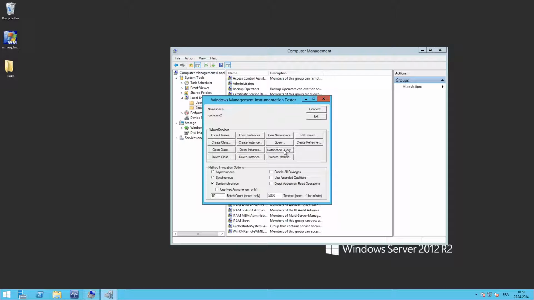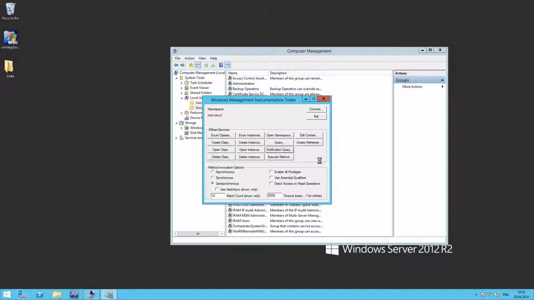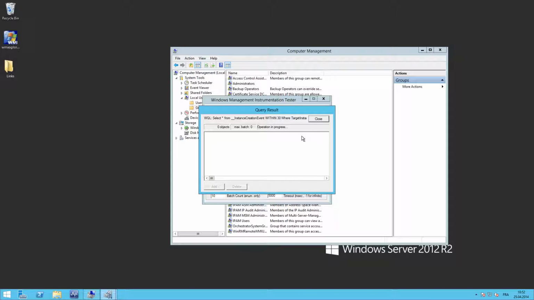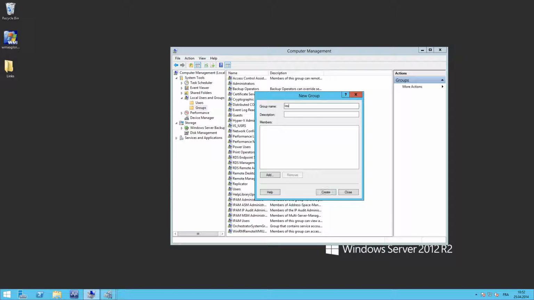Hit notification query, and enter the query. And you see here, it's the same as we had on the slide, except I changed the poll interval to 30 seconds, so we don't have to wait so long. Click apply, and this will create a subscription which is watching for instance creation events. You can see here the operation is in progress, and to test it we will manually create a new group, call it test,